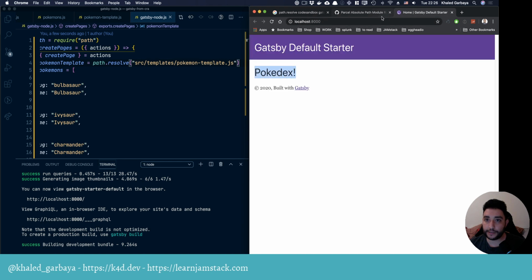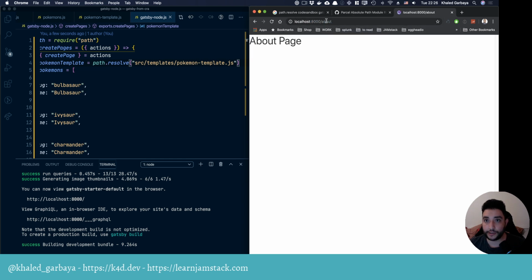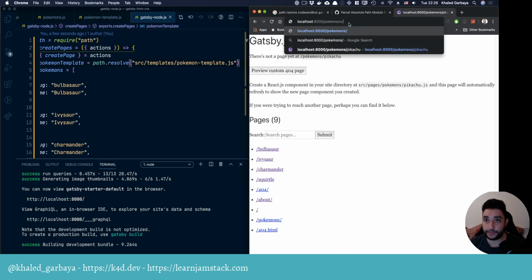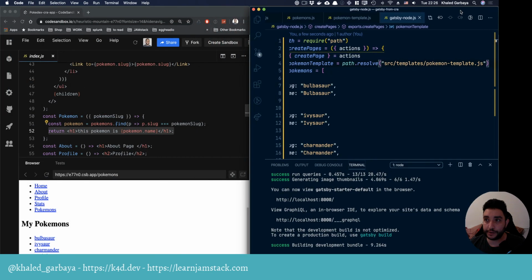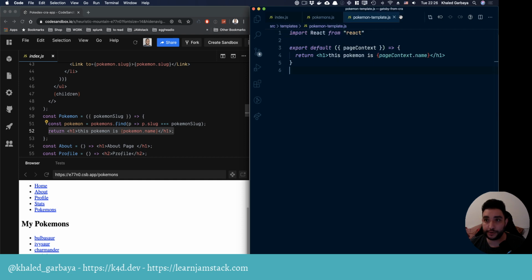Yeah, we have this. We can go to the about page. We can also go to the Pokemons, not Pikachu, but Pokemons in general. And yeah, here it's working. Cool. All right, so what I did here is I told Gatsby to